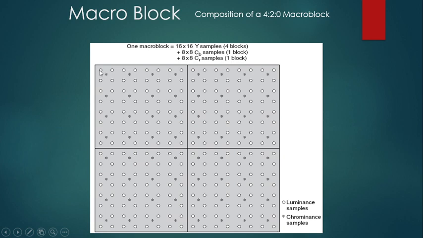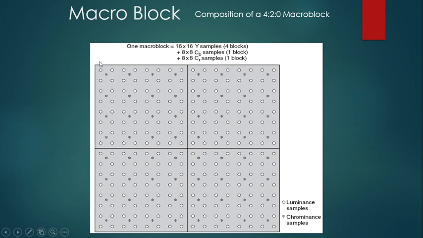For example, if you are considering 4 reference Luma samples, this is a Luma sample and this star is a chroma sample. So there is only a reference of 2 chroma samples in one row. That is why 4:2:0. The 0 indicates that there is no difference in the chroma samples between the first row and second row. You can see the same chroma sample is being shared by the first and the second row of pixels.